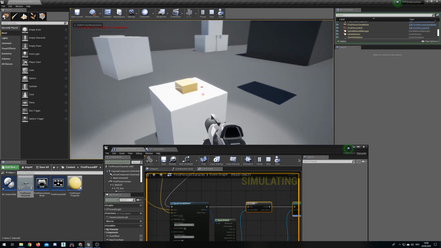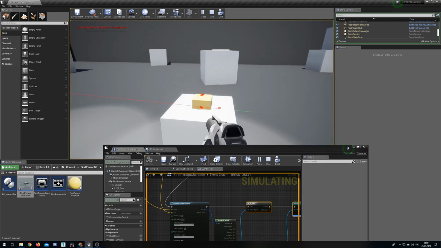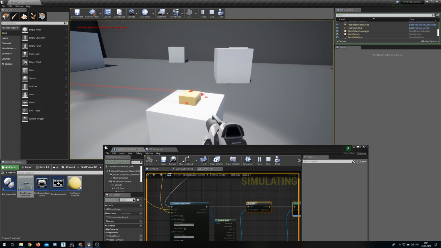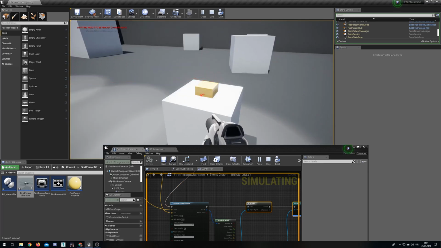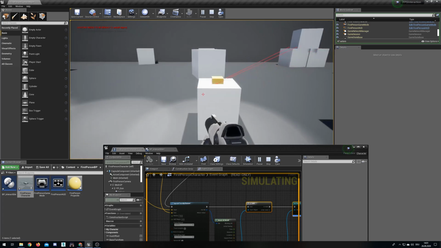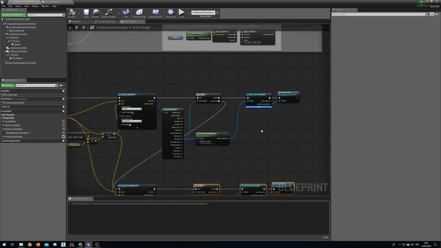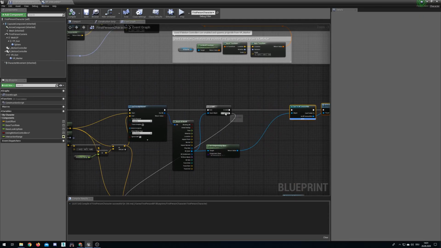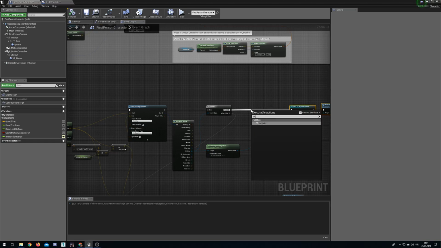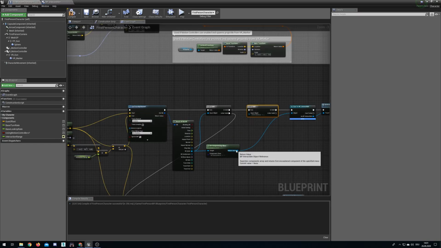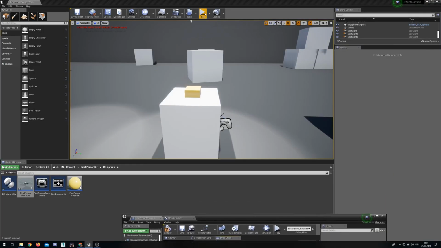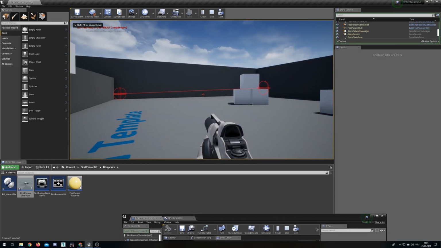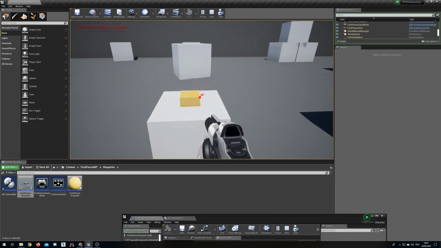It's doing the capsule trace, but if it's hitting something, it's not doing the capsule trace. If it's hitting above, it's doing the capsule trace. That's fine. If I hit down here, or if I hit here, it won't do the capsule trace, but we will still want it to do the capsule trace. So we drag this over a little bit, add another is valid, and drag this in there. And if this is not valid, we'll go in here also. So it will do the capsule trace and the line trace,